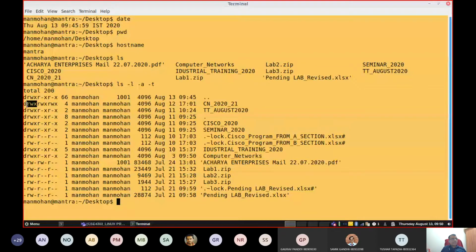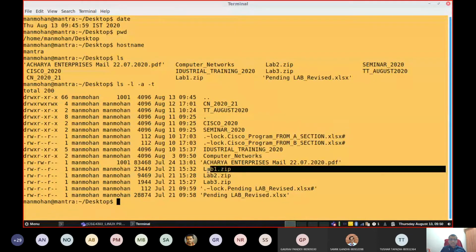This first character d says that this is a directory, that is cn_2020_21 is a directory. That's why the first character is d. If it is an ordinary file, a hyphen will be displayed, saying that it is an ordinary file.